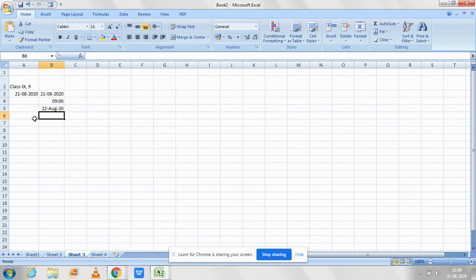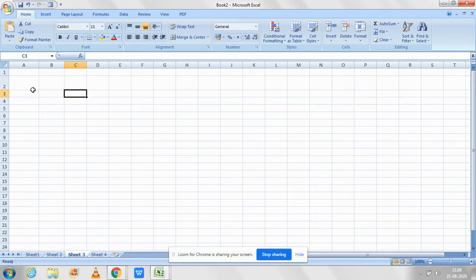You can add the text as well as numbers. Both things can be easily done in this worksheet. So these are all the flexibility that it provides you in the worksheet. You can put the formula also. You can easily do the calculation. If you want to do the calculation, simple calculations can be done in this also.